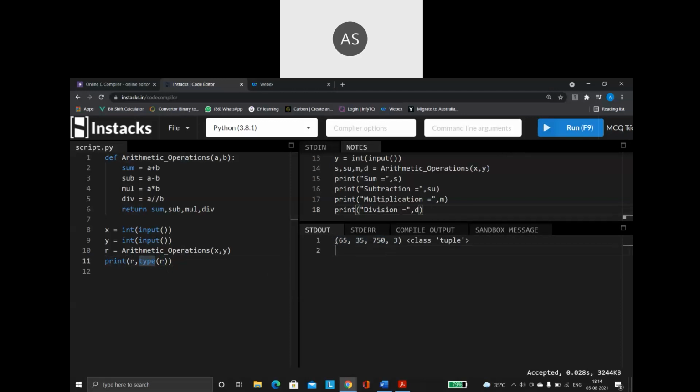Okay, but it is present inside of a parenthesis. And what is the data type it says? It says that it is a tuple. So remember this very carefully. Whenever your function is going to return more than one value, then it is going to be treated as a tuple by default. So always your interpreter is going to consider, you can put all these values inside one single variable also as a tuple.